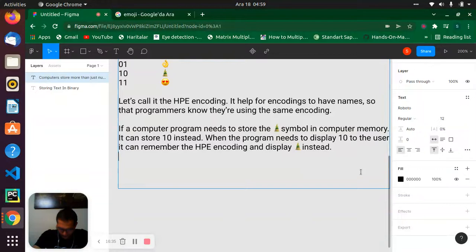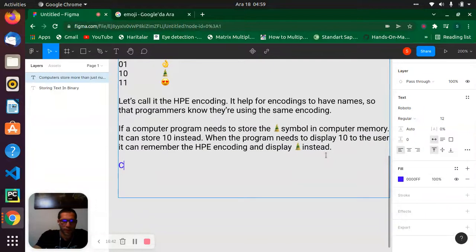Let's say black. Computer programs and files, let's do black, this one. Computer programs and files often need to store multiple characters.